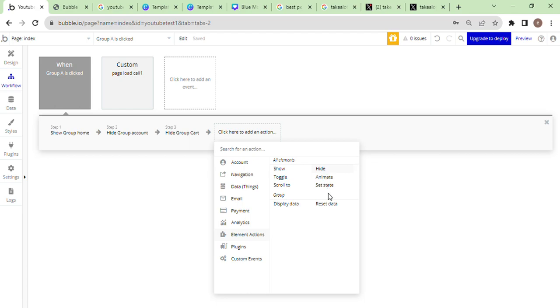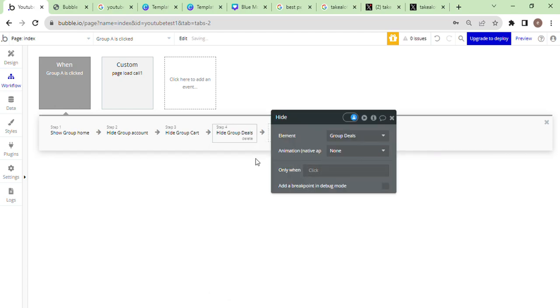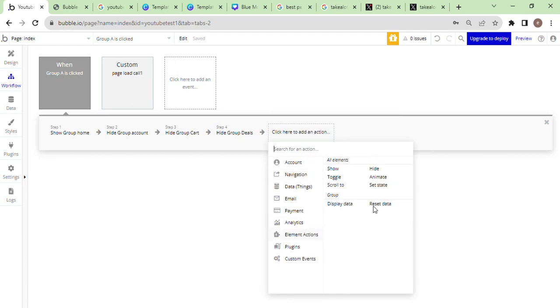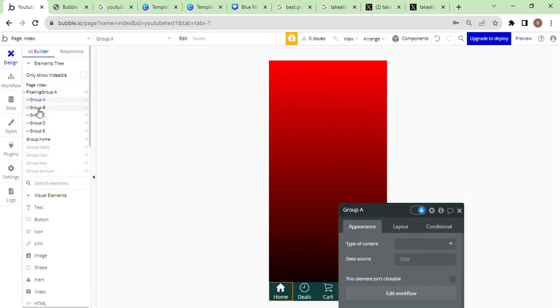I will hide what else? Deals. I will hide list. So 1, 2, 3, 4, 5. Cool. I'll show this and hide this. Right. That's when that first button is clicked, and then when this button is clicked, which is the deals one,